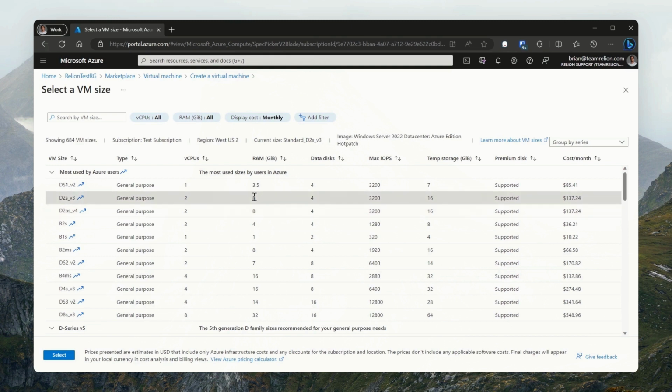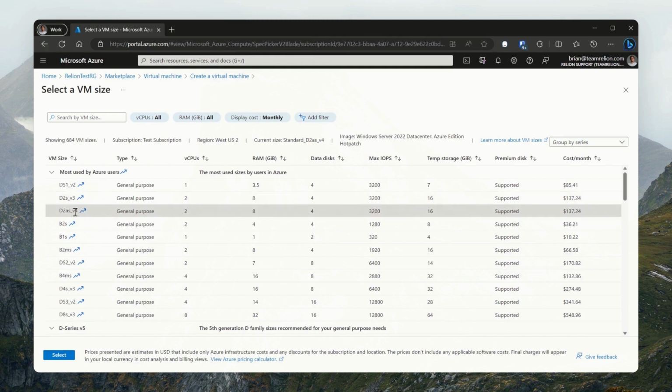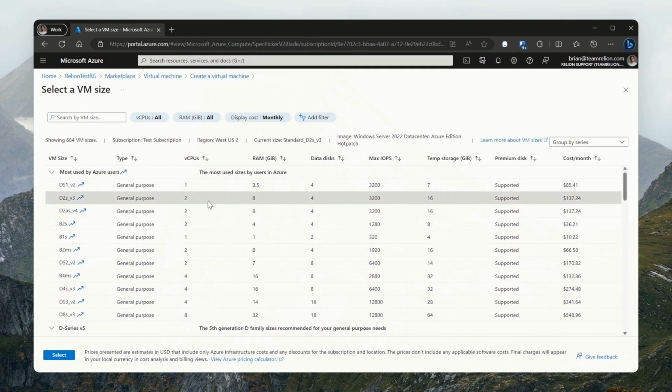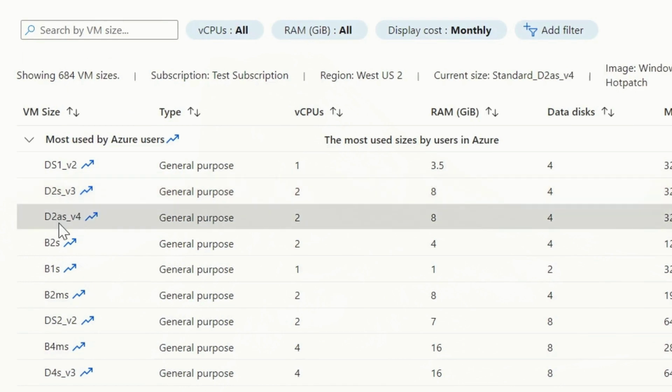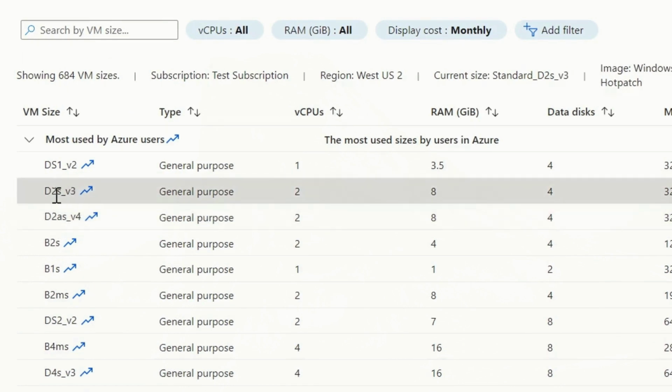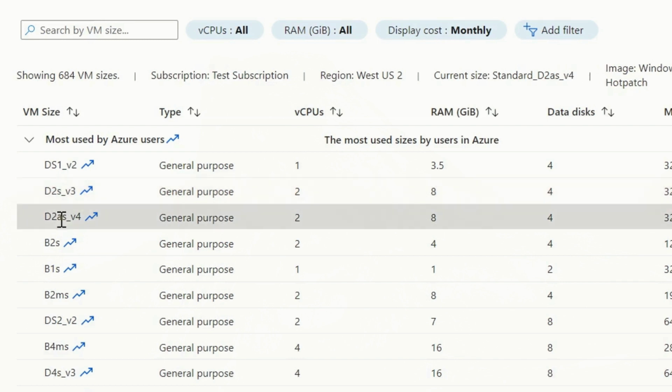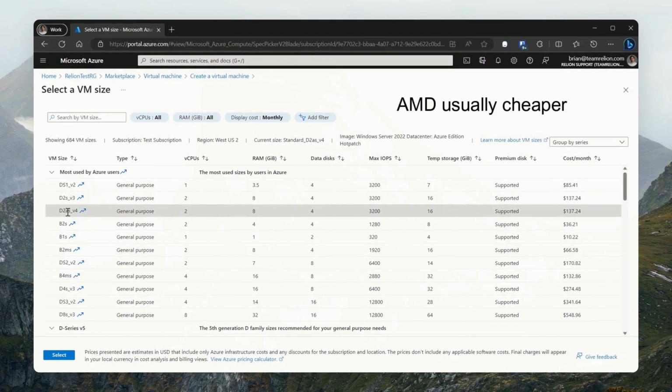Now there's two different ones you'll see here. Just simply pick the latest version and look at the price so that we make sure it's not a crazy price. Here you see they're the same, but just to understand the difference, this is version 4 AMD, version 3 Intel. You can tell it's AMD by the A, and because AMD is usually slightly cheaper, it ends up being the same price as an older Intel. We're going to stick with AMD,